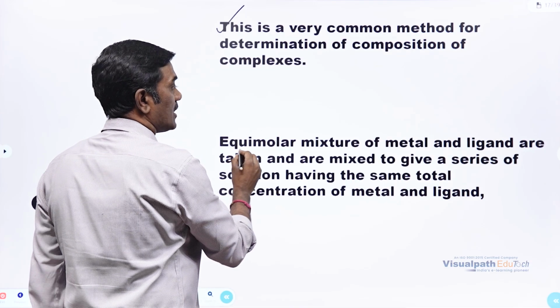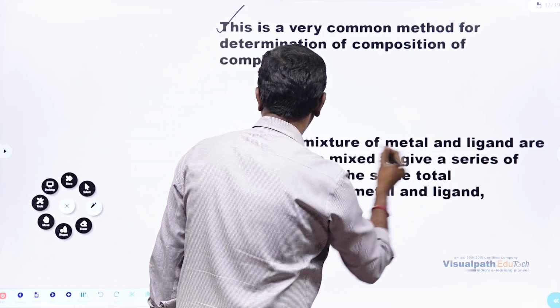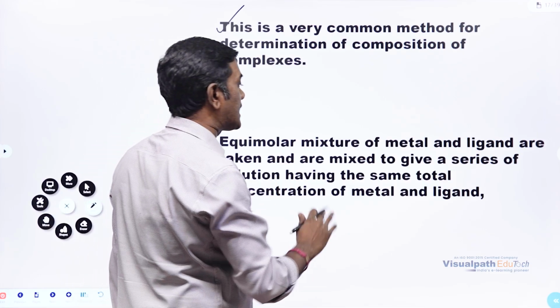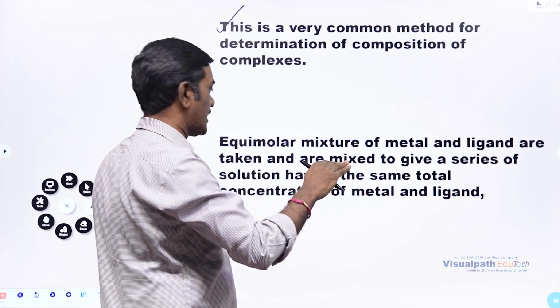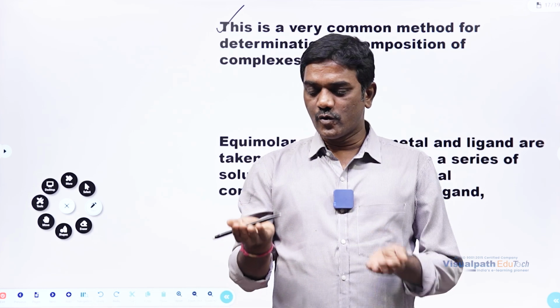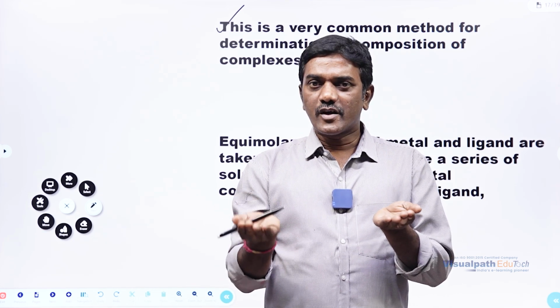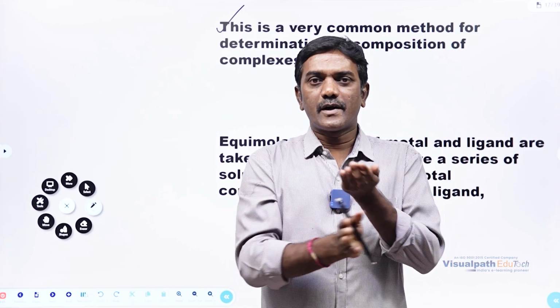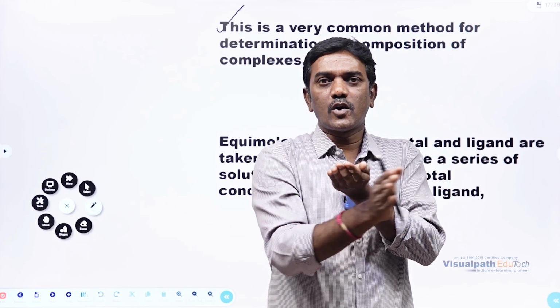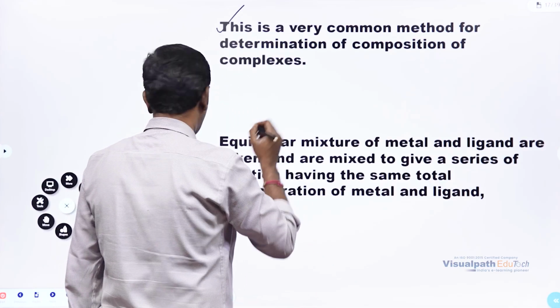And here, if you go to the procedure, equimolar mixtures of metal and ligand are taken and mixed, given in a series of solutions having the same total concentration of metal and ligand. So here, we are going to take metal and ligand and vary the composition, but we are going to keep the total volume constant. Let us discuss like this. For example,